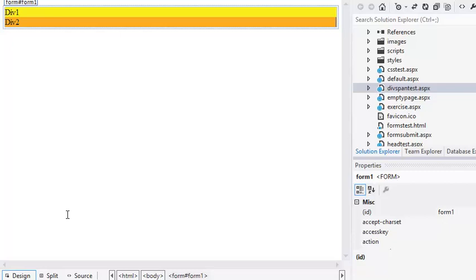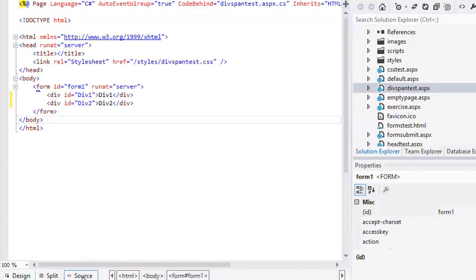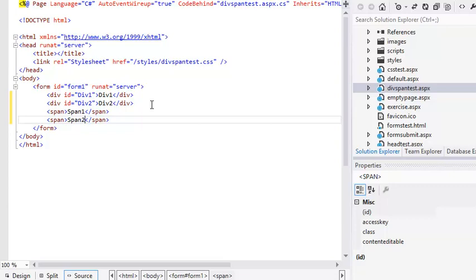Divspantest.css defines styles for any tags with the ID properties div1 or div2. Later in this lesson, you will edit the divspantest.css style sheet. Next, you're going to add some span tags. So switch back to Source View, add a new line after the last div tag, and add the following code. Span, span1, span, span2. Now switch back to Design View,